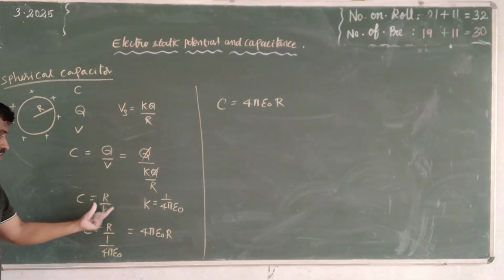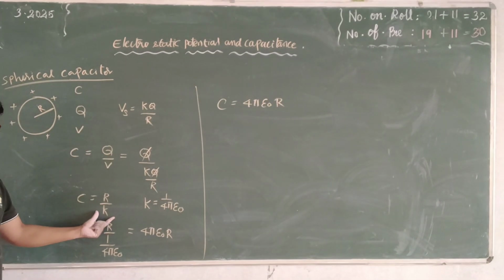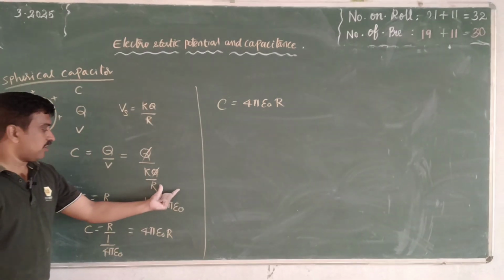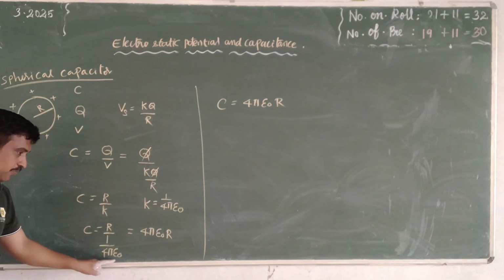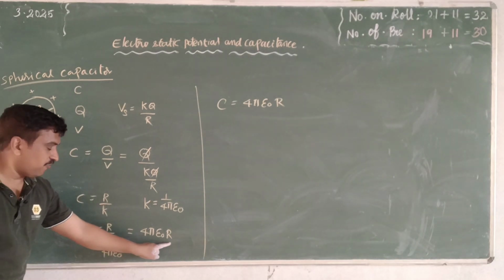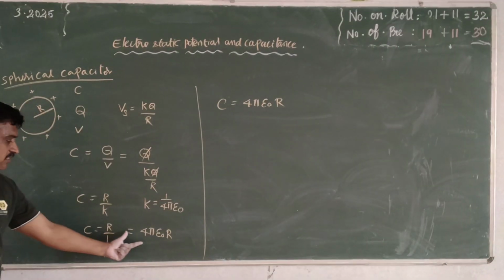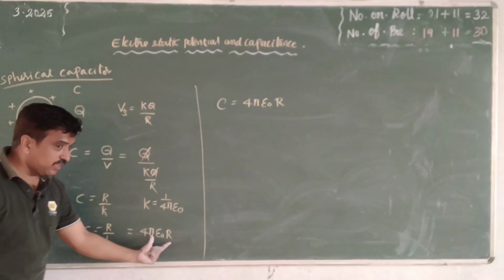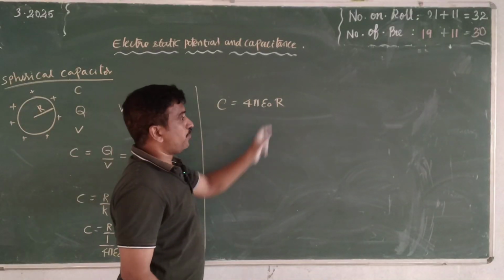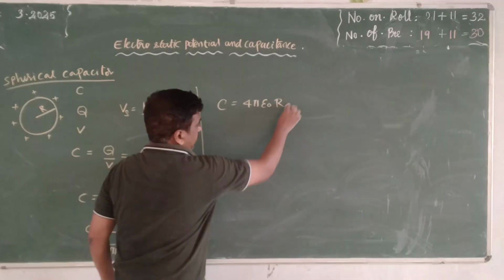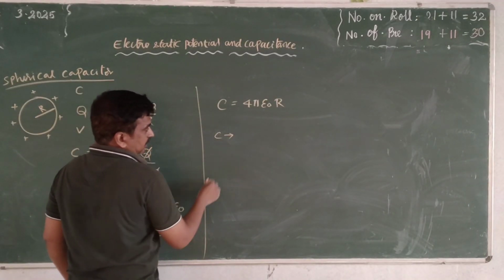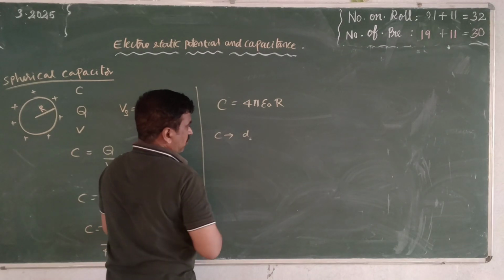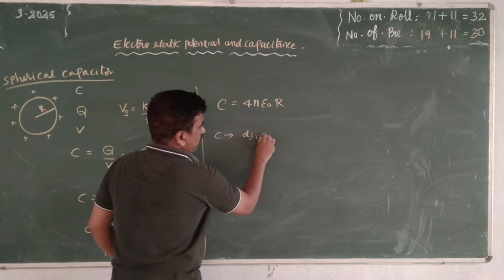We get R by k. R means radius, and k means the proportionality constant. The value of k is 1 by 4 pi epsilon naught. Instead of R by k, we can write 4 pi epsilon naught R. So the capacitance of the spherical conductor is C equal to 4 pi epsilon naught R. Here R means radius, and the capacitance of the spherical conductor depends on the dimensions of the conductor,